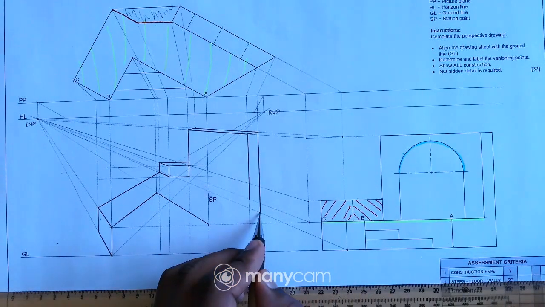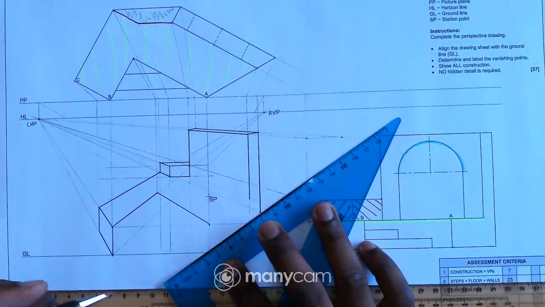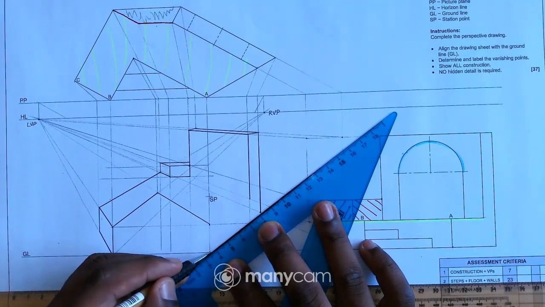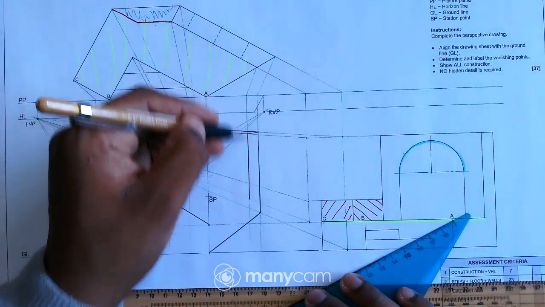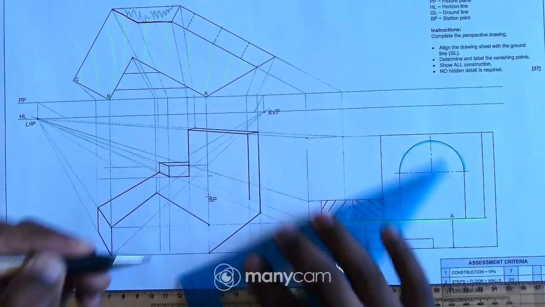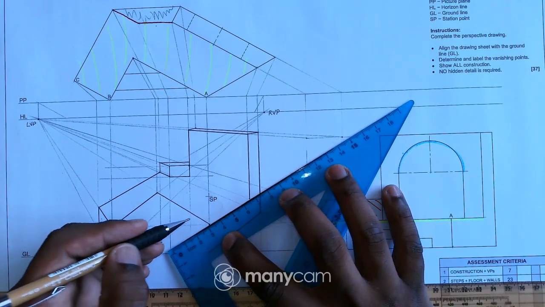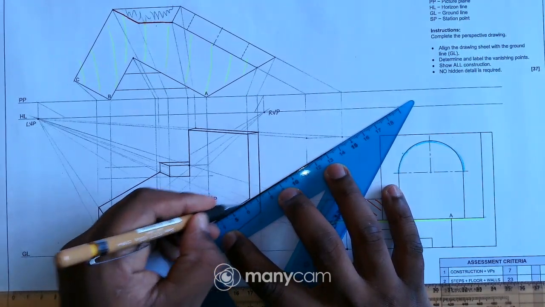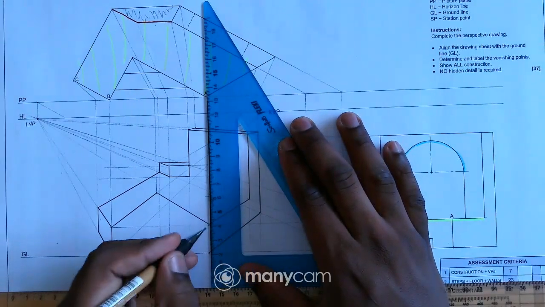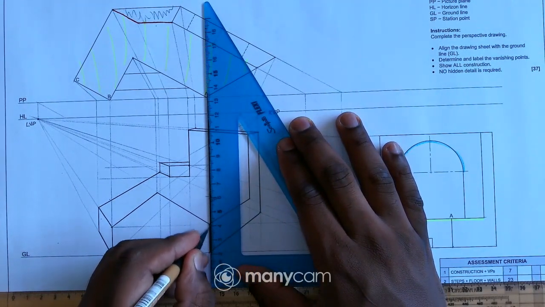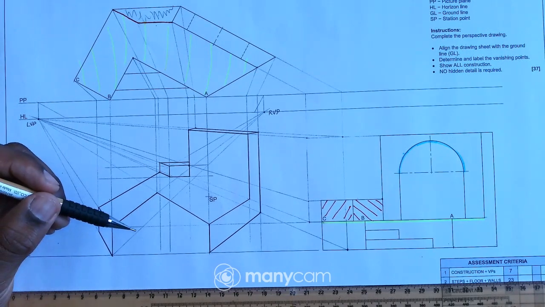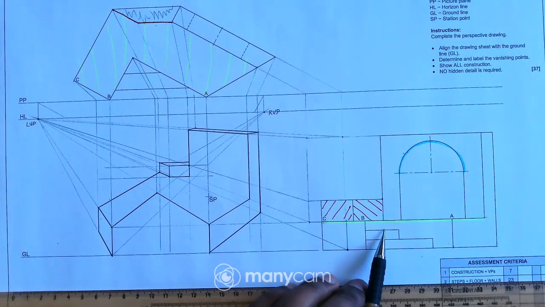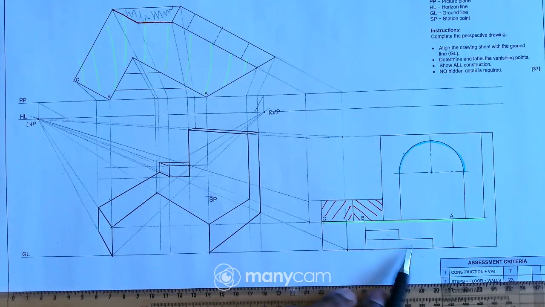This point, where is it? It's over there. So I can just join the two like that, and I can also join this one with this point just like that, and then I can close this gap there. Okay, so I'm almost there. Now I can move to those steps there. So let me just try and get this